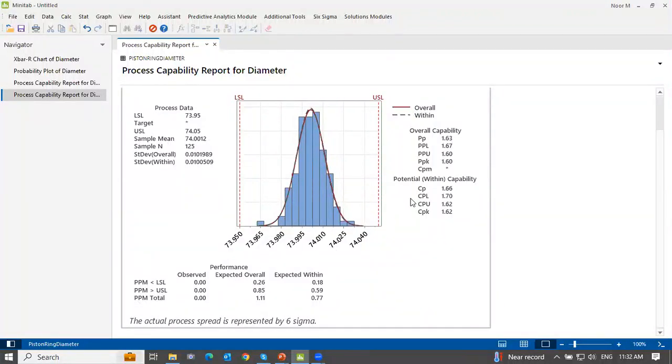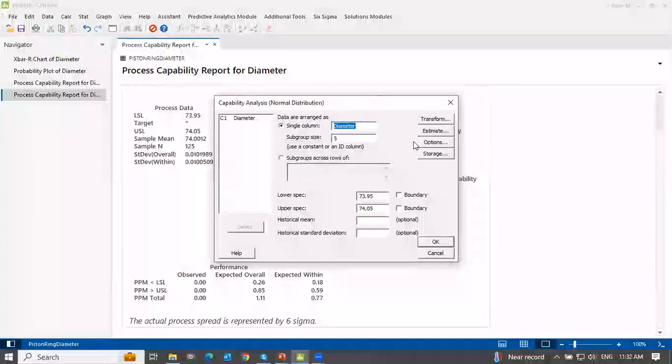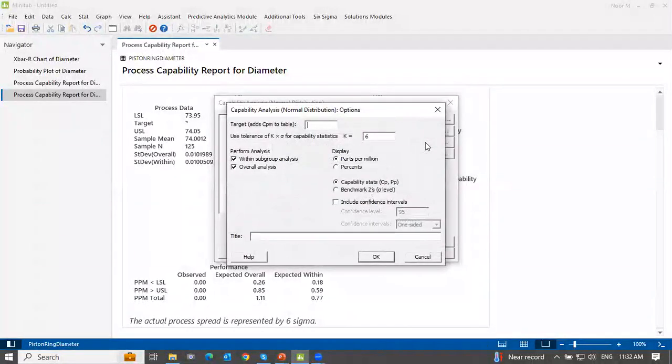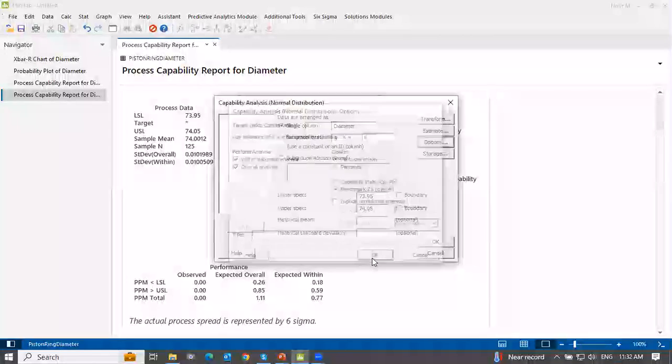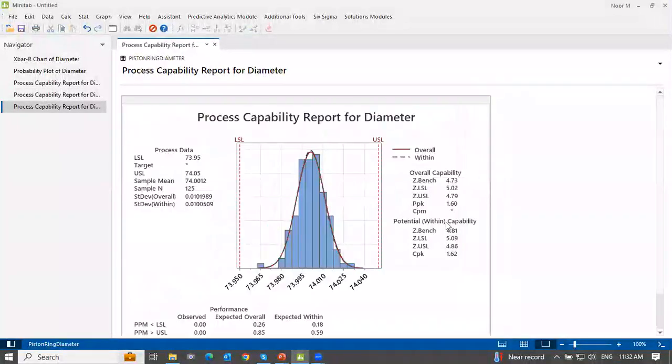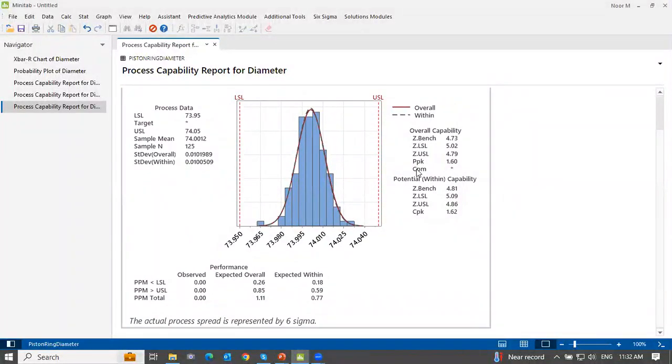So for those who are not looking at the CPK, PPK, you use the sigma level, so you will get it in Minitab. So you go back to the dialog box. Okay, you go for the Options. You just put on the Benchmark Z, your sigma level. Okay, and then you click OK, and then you click OK. So you will see here now is the